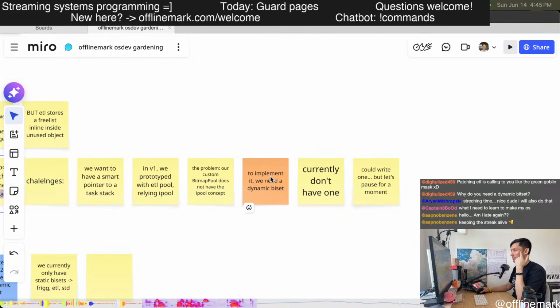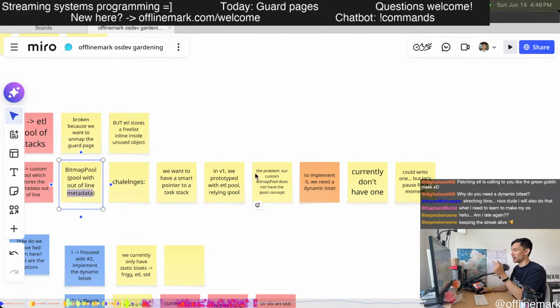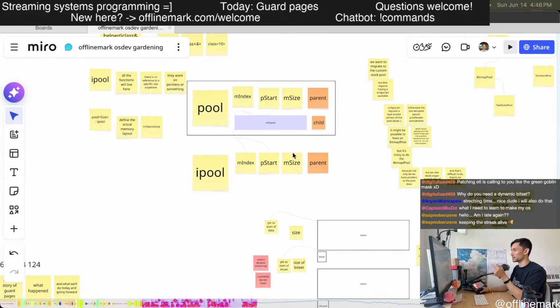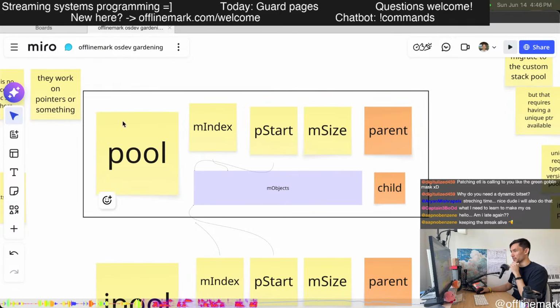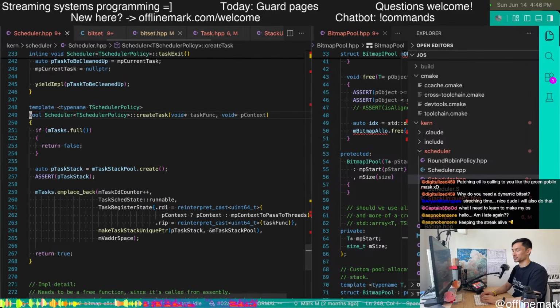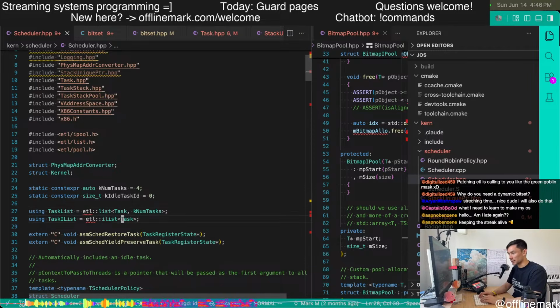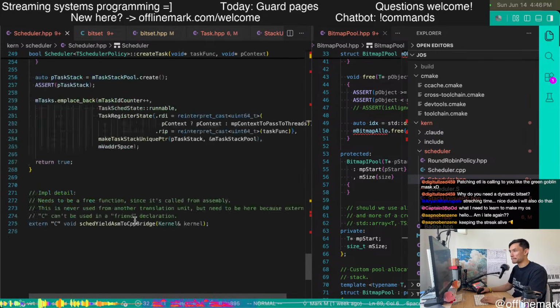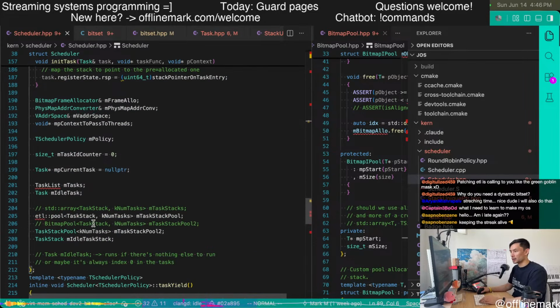And that is the part that needs the dynamic bit set, because to implement this IPool concept, it's called type erasure. The main problem with the pool and a lot of the other ETL structures, like the ETL list, is that you need to specify the size as a template parameter.